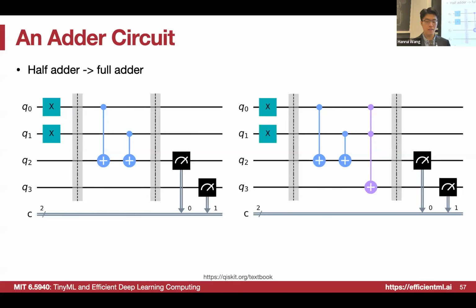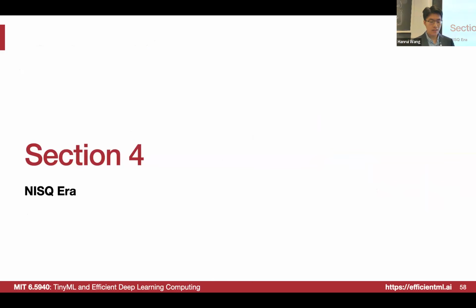So how can we do that? Actually, we can just simply apply a 3-qubit gate, which is the CCX, which means if both Q0 and Q1 are 1, then we do a flip on the Q3, right? So in that case, we can achieve this full adder using several layers of a quantum circuit. That also resembles our previous introduction: we have the embedding here, we have some quantum layers, and also we have the measurement.